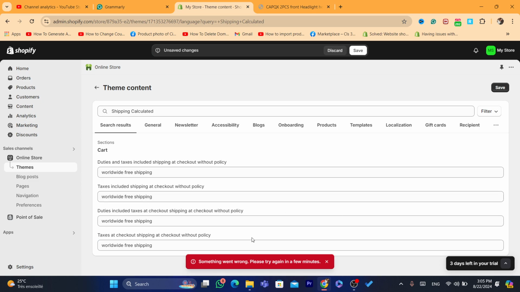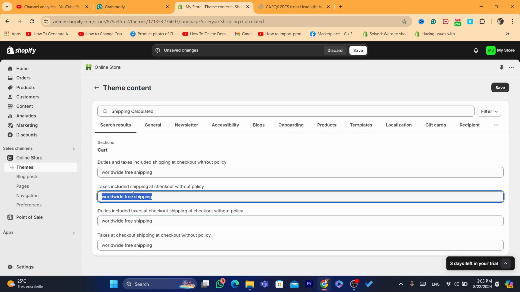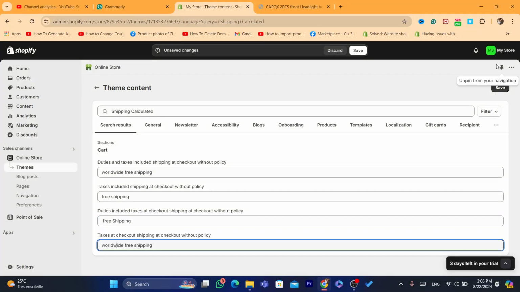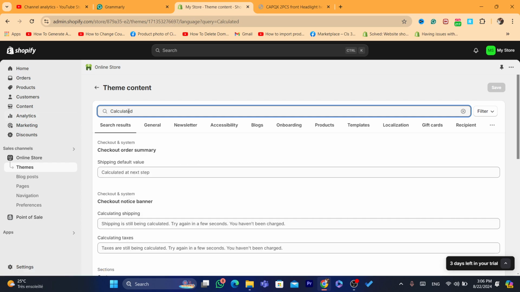Okay, it says here something went wrong, please try again in a few seconds. Now it seems like you will have to make each one different. For example, I would say free shipping. Okay, this one again, free shipping, and this one free shipping. Now I'm going to try to click save if it's going to allow me. All right, it's saved. Now what you need to do is click here, where it says calculated, and